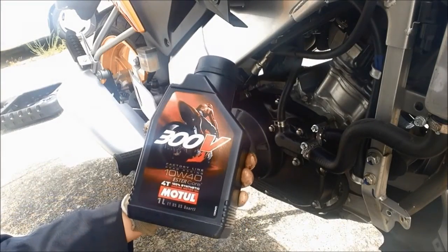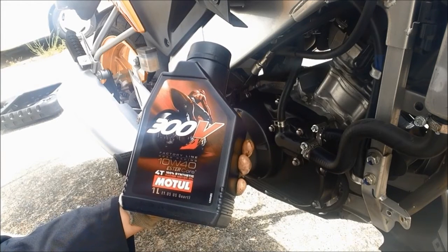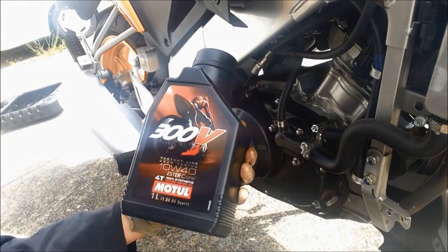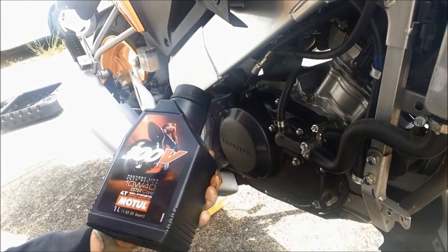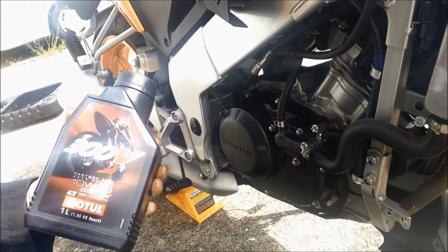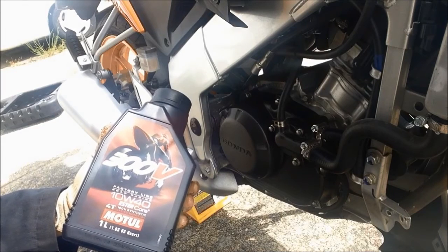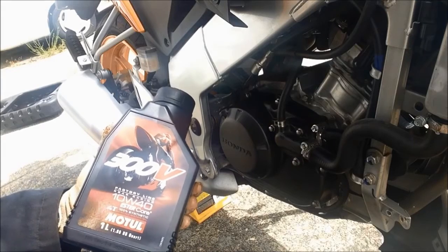Today I'm going to put Moto 300V 10W40 4-stroke full synthetic motorcycle engine oil into the engine. If you don't know what kind of engine oil goes into your motorcycle, please check your manual, or you can give a phone call to the local dealer, and they will tell you exactly what engine oil goes in the motorcycle. Please do not put car engine oil in the motorcycle, because the car engine